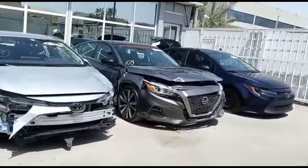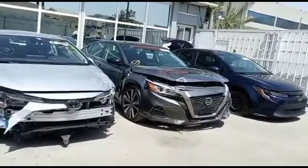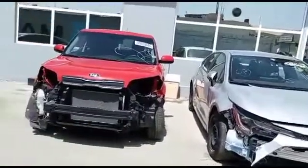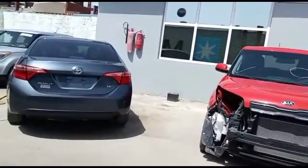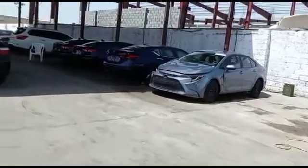it looks like they are specialized in Toyota Corollas. They have Nissan also, Nissan and Toyota. The cars are a bit struck, as I always tell. They have a very high value in purchasing them. So